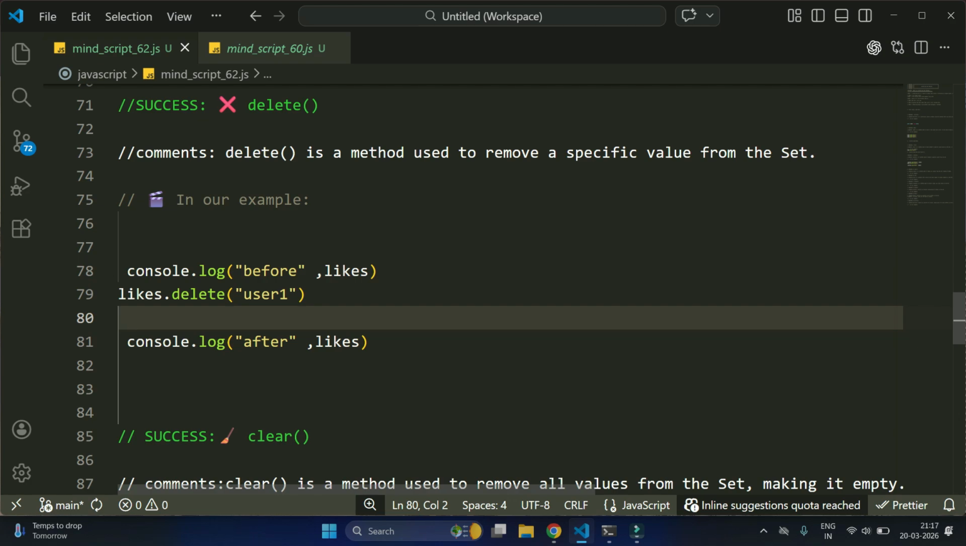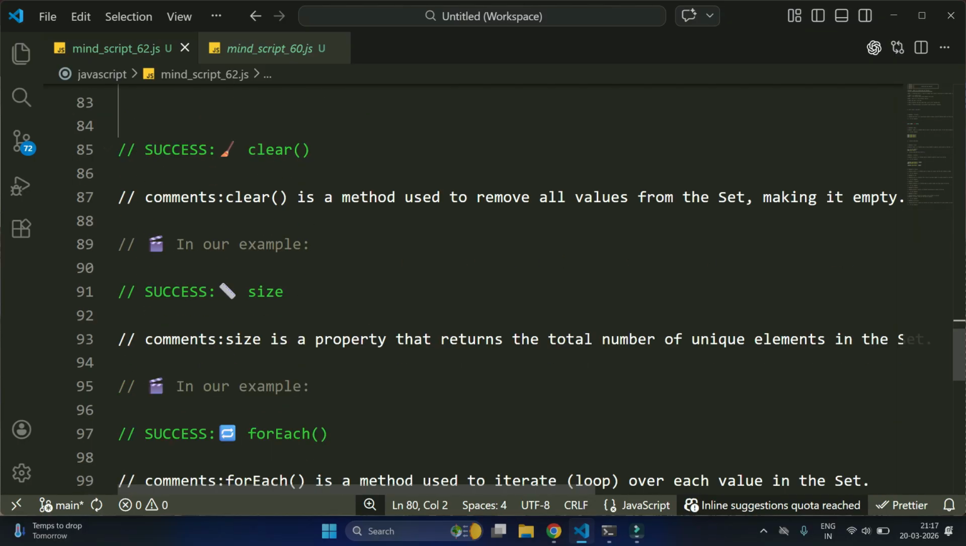So the user removes their like from the post. Now we have only user 2. Next is the clear method. This one here, clear, is a method used to remove all the values from the set,